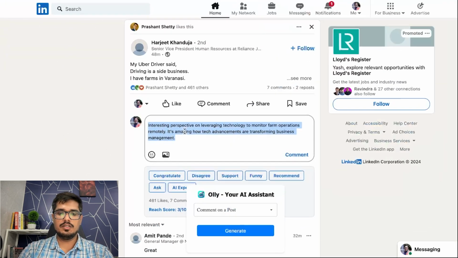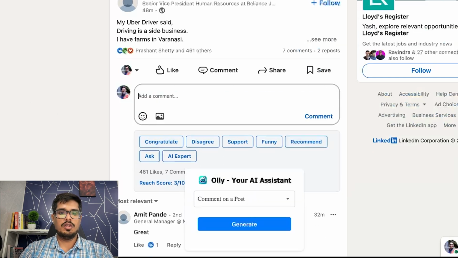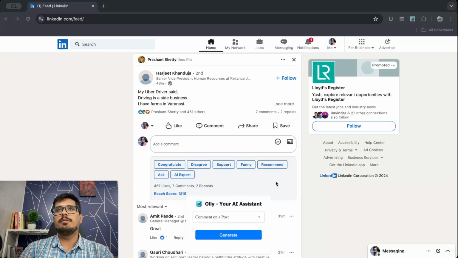So let's say if I select Polish and then click congratulate, it should be able to generate a comment in Polish. Again, this came from the recommendation of one of the people on Discord here,